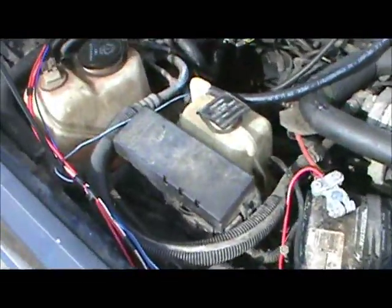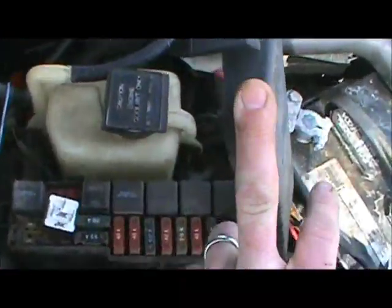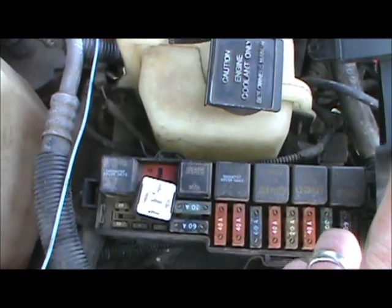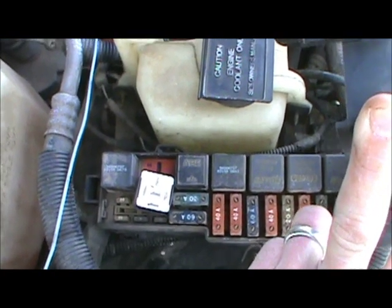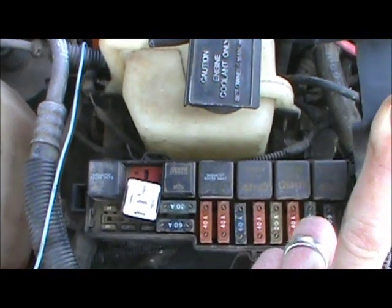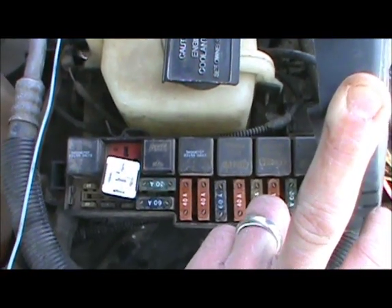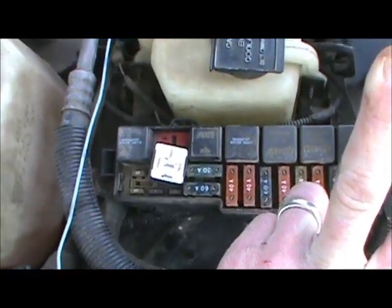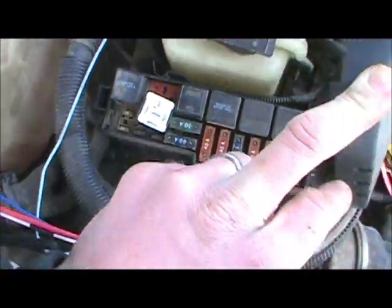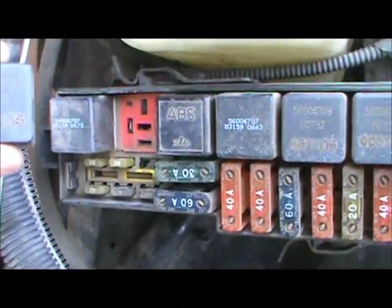And then what I did is I came over here to this fuse box and pulled out this relay right here, which goes to my fuel injectors. It's either my fuel injectors or fuel pump, I don't know, one or the other. Either way, it cuts the gas off. I'll need to look it up and see exactly which one it goes to, but it cuts the gas off and my car will die when it's not running on vapors. So this can be completely out when I'm running on vapors, as you can see. It'll work just fine. I'll put it back in because on this test drive that I'm gonna do,